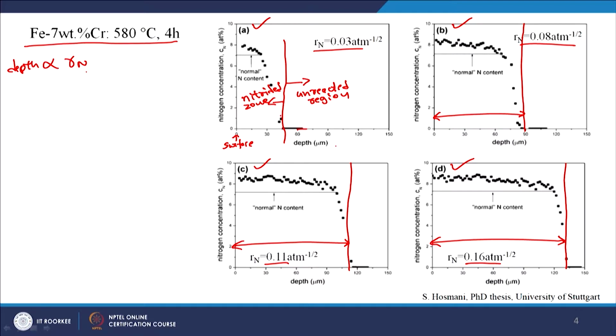So, now in the previous slide we saw that close to the surface you have something called, for example, in any case we can divide them into the DC region and the continuously precipitated region.